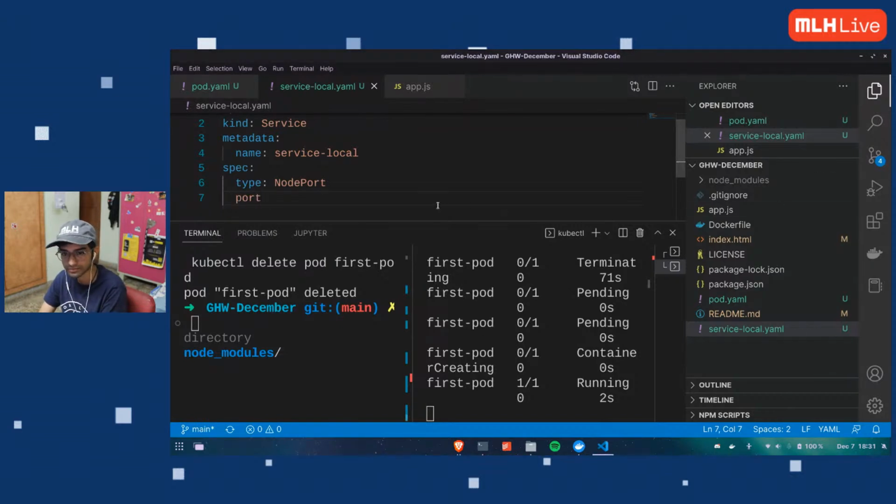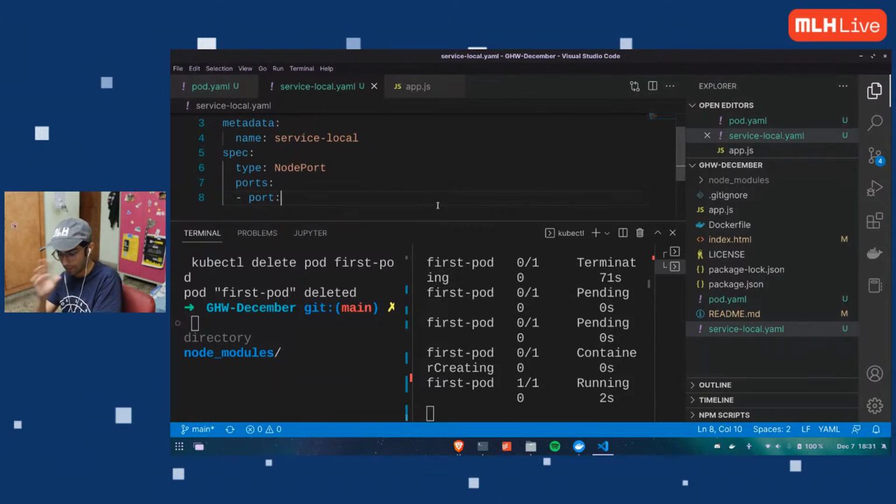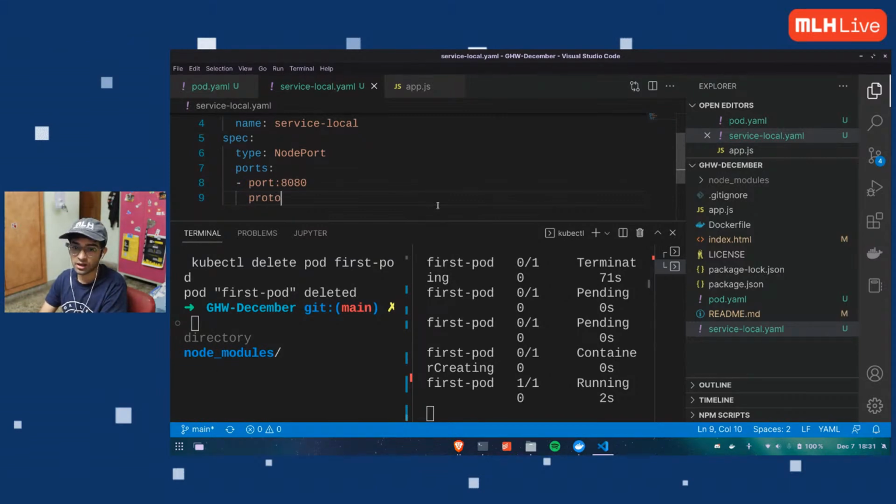The port or ports, we have multiple ports, so it's a list. What is the port that my application inside is running? 8080. What protocol are we using? If you have a fair idea about networking, you have to be very careful with spacing. The change in color can help me identify if it is right or not, so this would be a wrong YAML file. For a local system, I can use TCP. TCP/IP is a standard protocol, so I'm using the TCP protocol to expose my port.